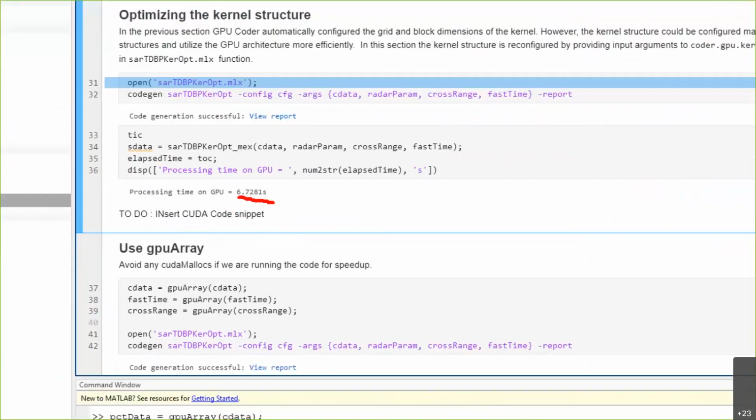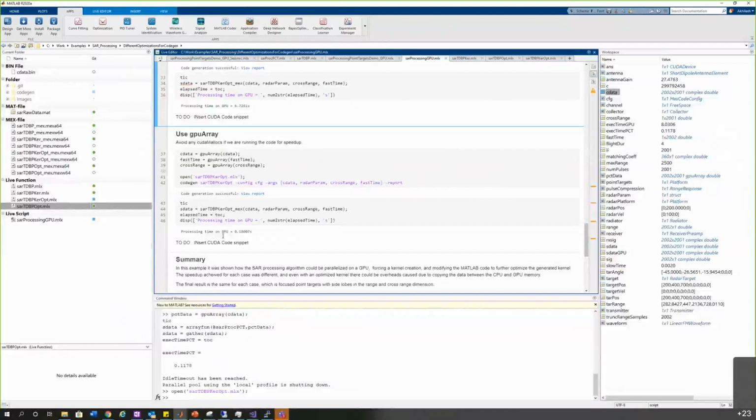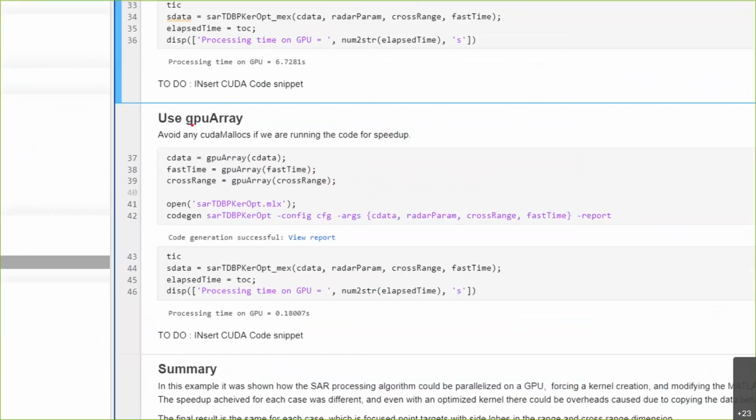And then finally, last but not the least, now we can use GPU arrays together with GPU Coder. So this is very important, guys. GPU array was technique number 1, which I showed you. GPU Coder is technique number 2. But in technique number 3, there's another way, because memory transfer and overheads take a lot of time. So if you're just strictly thinking about MATLAB or speeding up algorithms in MATLAB directly, then you can leverage both